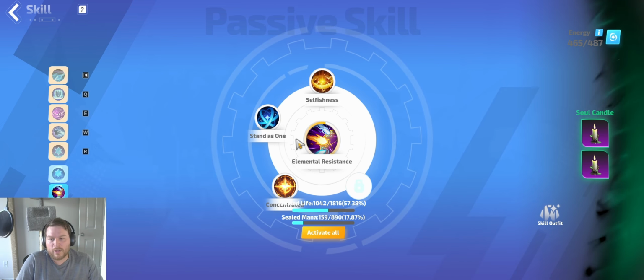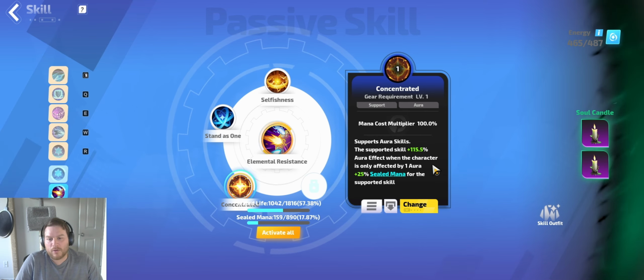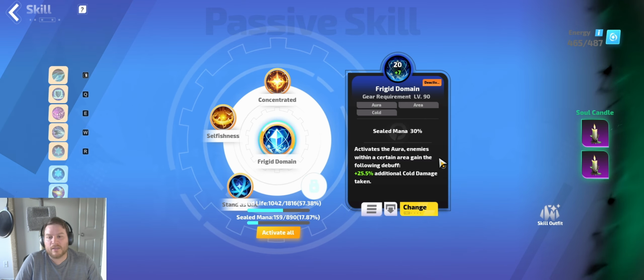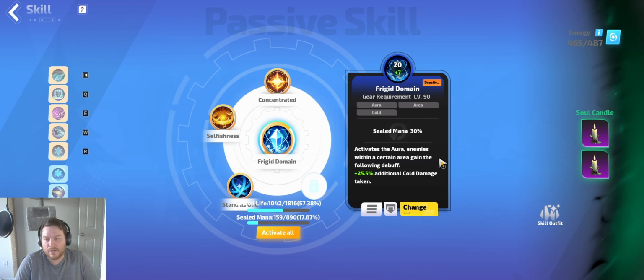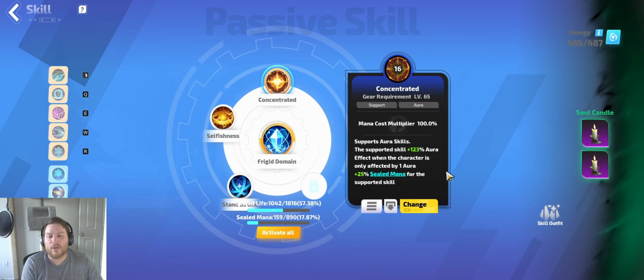And then there is one little trick we get to do using Concentrated Support. So this says it can only affect you while you're only affected by one aura. And there is a special thing about Frigid Domain: it doesn't actually affect you. When you have Frigid Domain on, as you see, it activates the aura. The aura only affects enemies. So because of that, you can run Concentrated Support on this because your character is only being affected by the